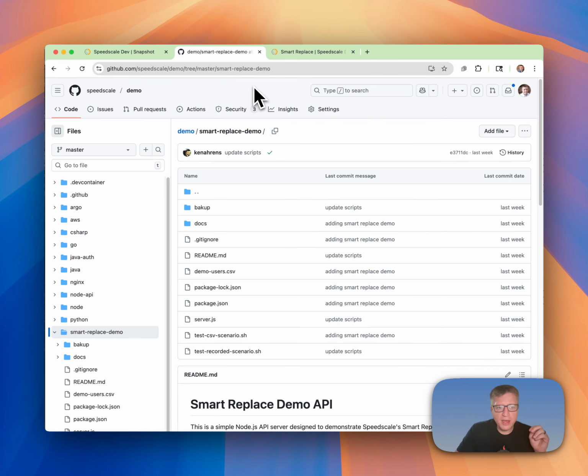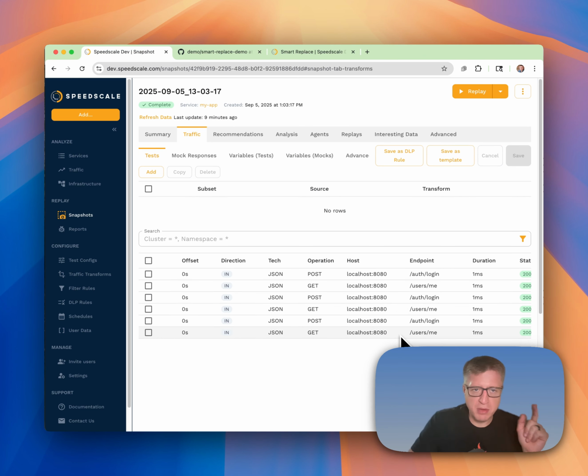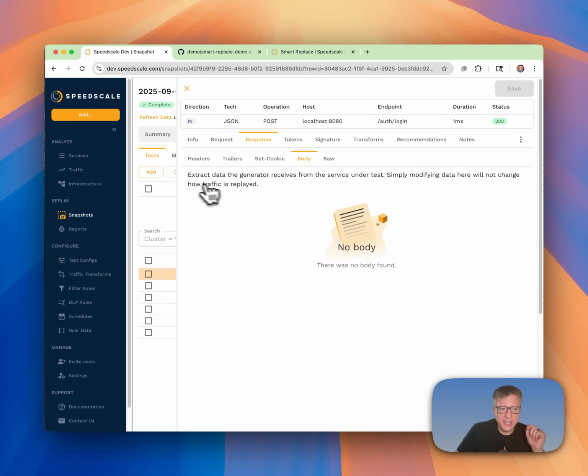I'm going to use a demo app conveniently named Smart Replace Demo, and I already have a pre-recorded snapshot of this demo running. You can do this yourself using the Proximoc record command, which we have other videos about. Now, once I have this in SpeedScale Cloud, I click on the login transaction,